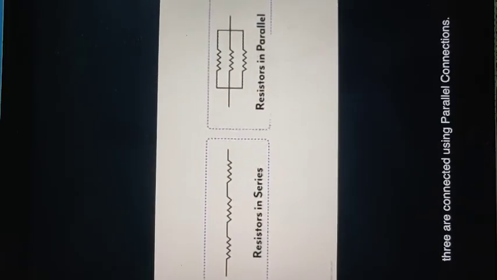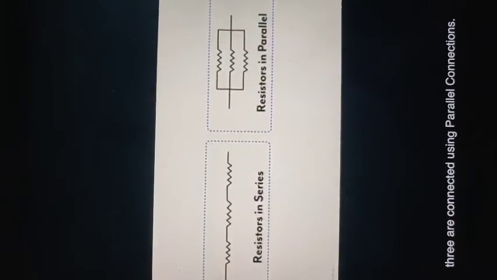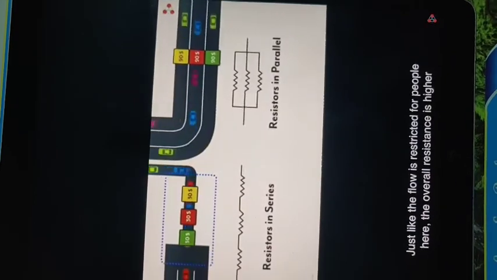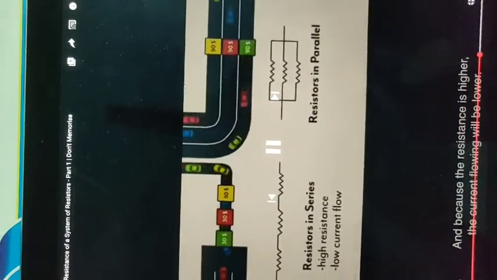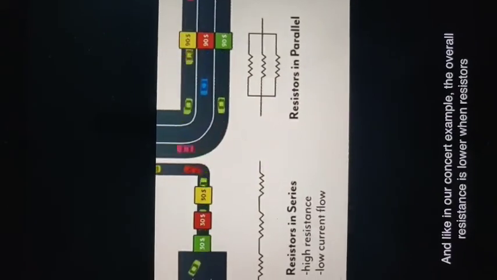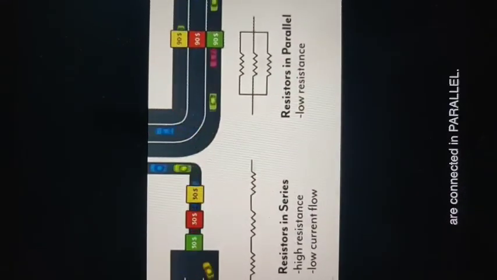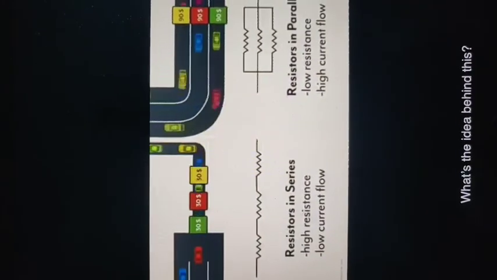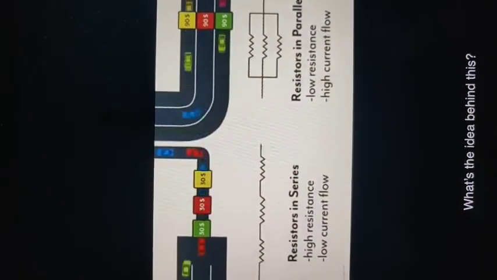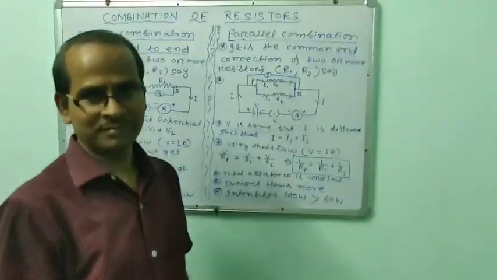The first 3 are connected in series, and these 3 are connected using parallel connections. Just like the flow is restricted for people here, the overall resistance is higher when resistors are connected in series. Flow will be lower. And like in our concert example, the overall resistance is lower when resistors are connected in parallel. Why does that happen? What's the idea behind this? Watch our next video to...